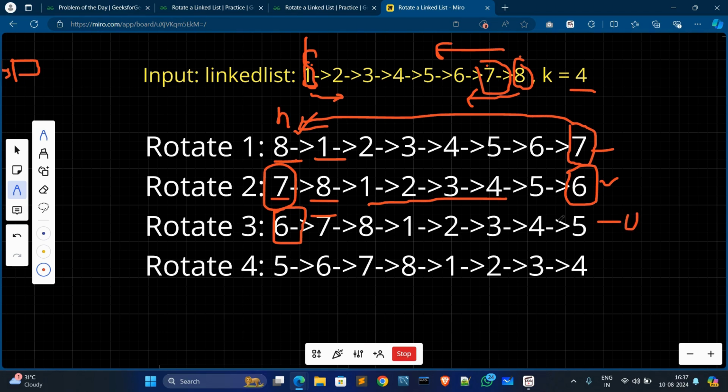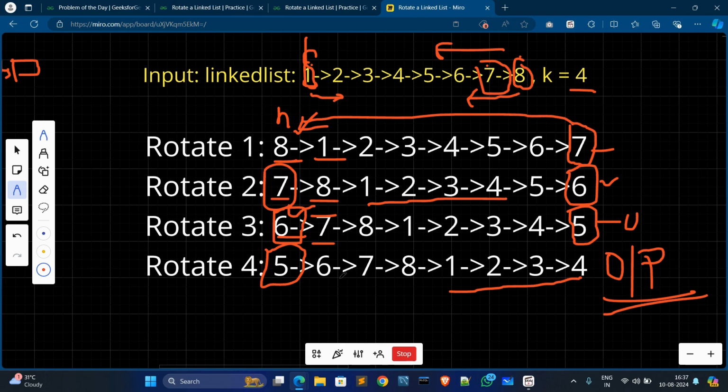In the output it will show the last rotated linked list: 5, 6, 7, 8, 1, 2, 3, 4.